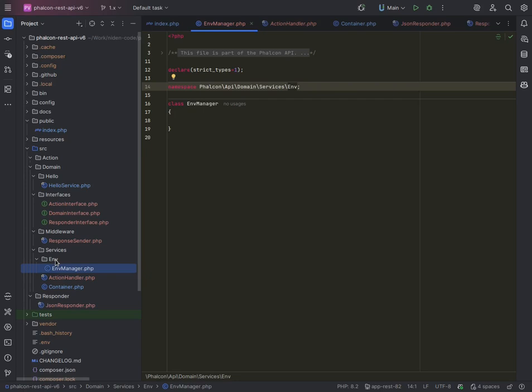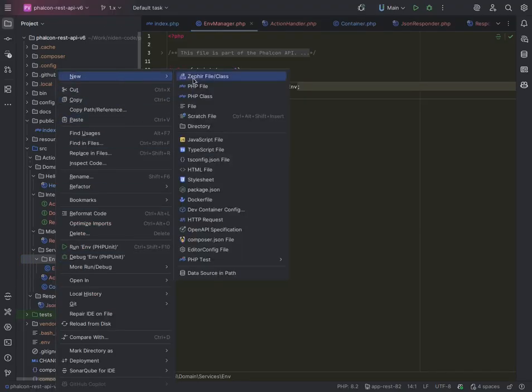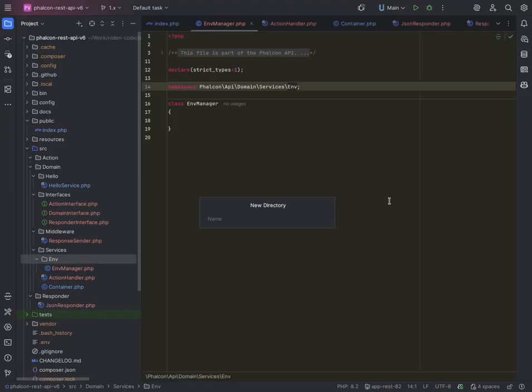The easiest one would be the .env, but then you can certainly expand that to create a different adapter to read AWS or anything like that. So let's create another folder called adapters,